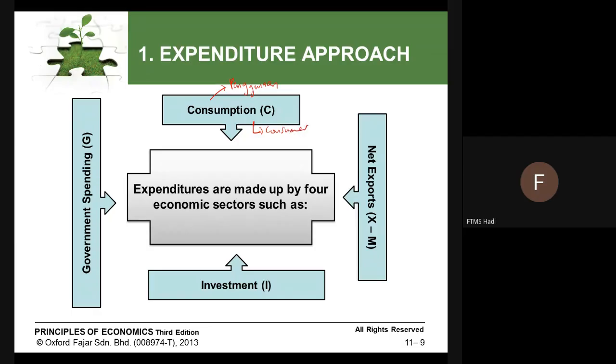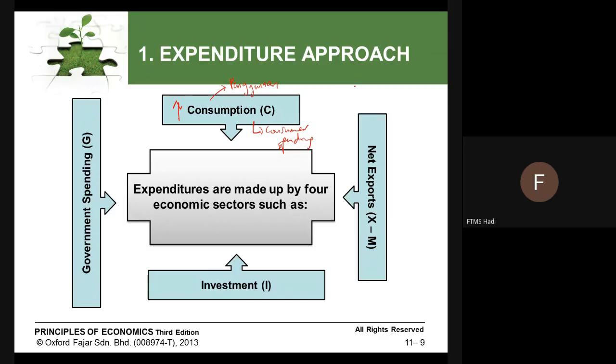Because the value of a country is measured by how well citizens spend money. The more money spent by the citizens, the better the consumption will be. Consumption is increased because citizens spend more money. They can spend on a decent product, sometimes on a luxury product. We already learned this through microeconomics, the difference between normal goods and luxury goods. And that is consumption.